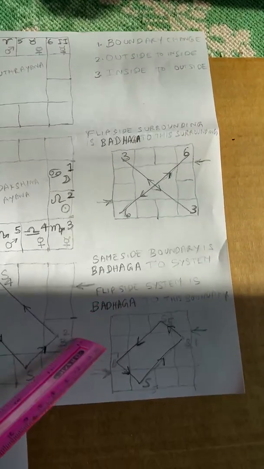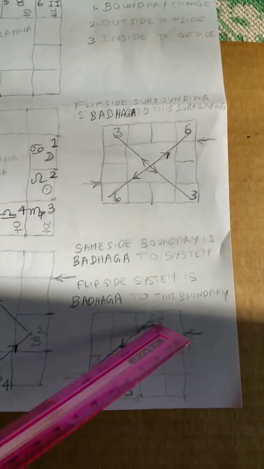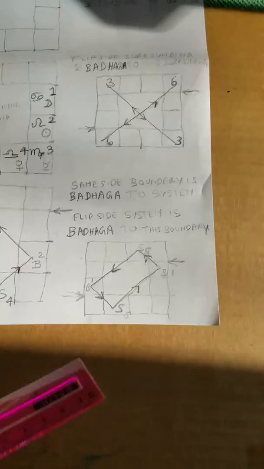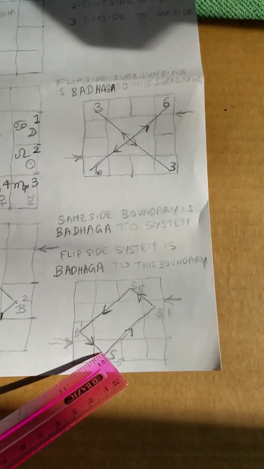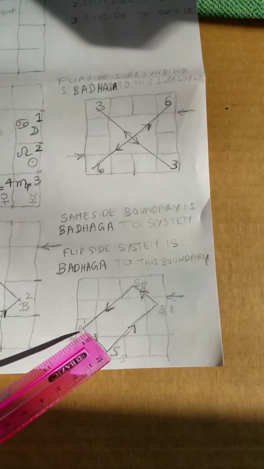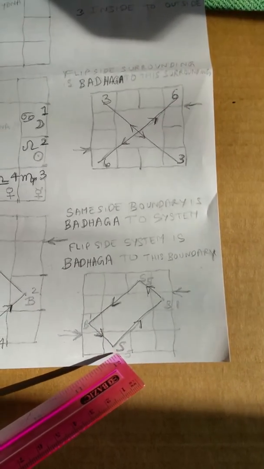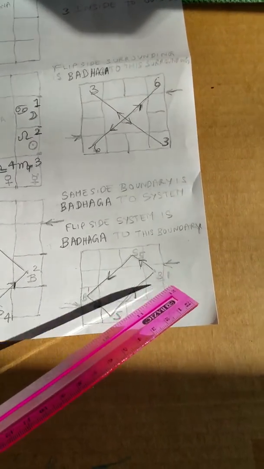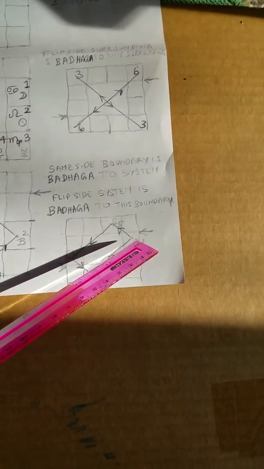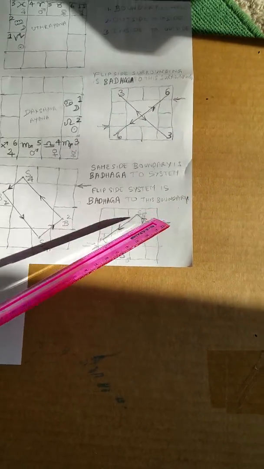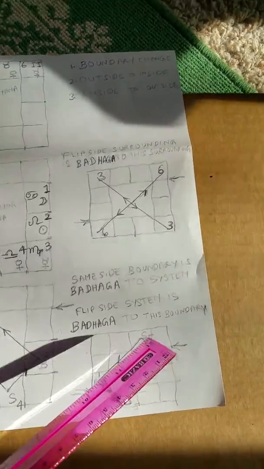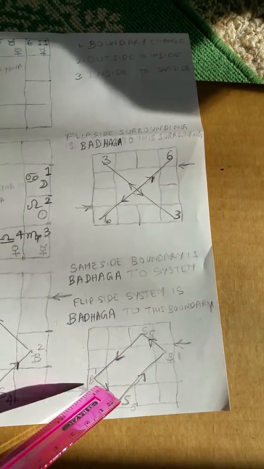Similarly, the same square you can do for the opposite side also. Here for this boundary, this system is badhagadipathi. This is Capricorn, this is Scorpio. For Scorpio, which is a system, the same side boundary, which is Cancer, is the badhagadipathi. For Cancer, since it's a boundary, the flip side system, which is Taurus, is the badhagadipathi. For Taurus, since it's a system, the same side boundary,